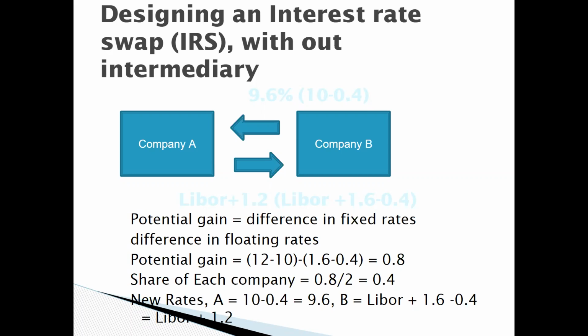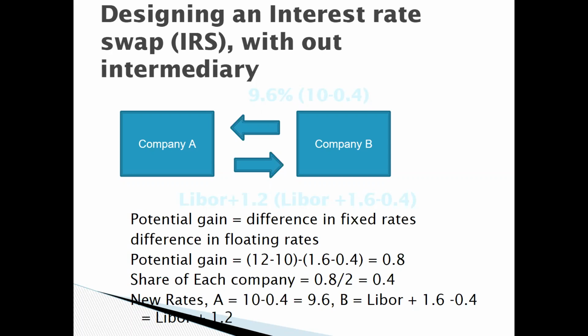Now, normally this is not perfectly possible. Usually a banker will come in between. In that case, the 0.8 is divided between company A, company B, and a small commission is given to the broker in between. Majority of the margin is still equally divided between company A and company B. So how can we divide 0.8 among 3 people, giving most to A and B? How do we do that? Any idea?